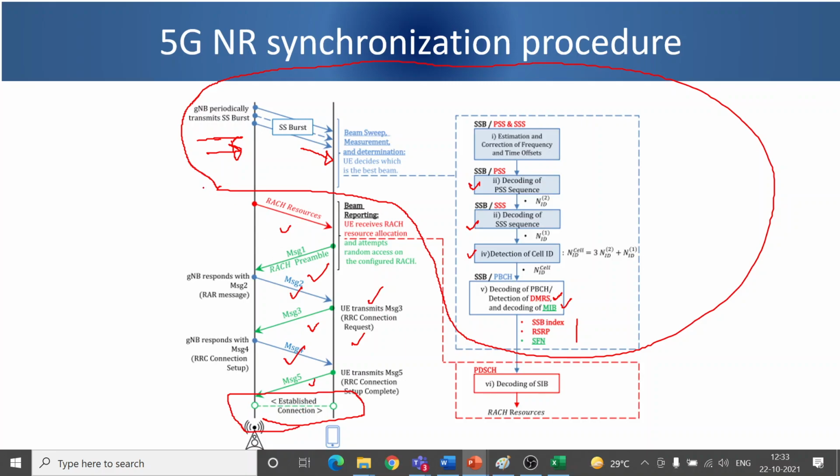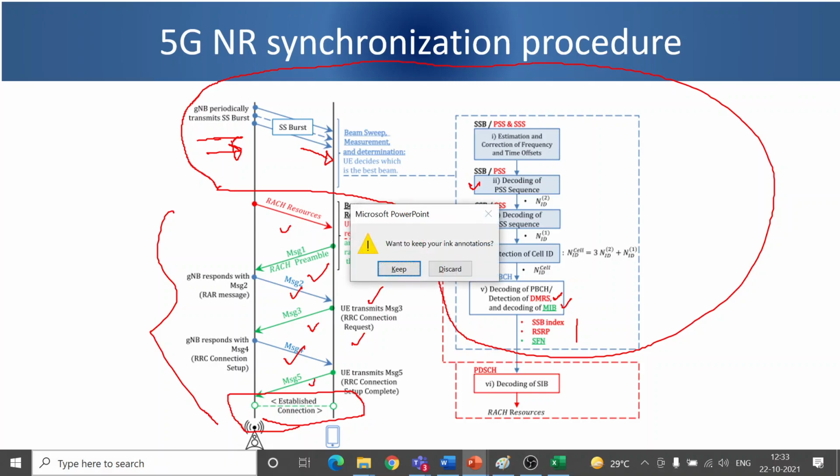So this is your synchronization in the uplink direction. Now downlink and uplink synchronization have already happened, and all the processes of your PDU session and other aspects will take place. So this is your synchronization process. Let me close the PPT and have a small discussion before we close.